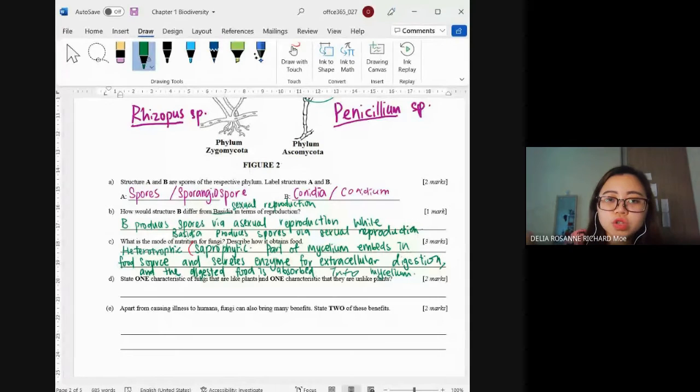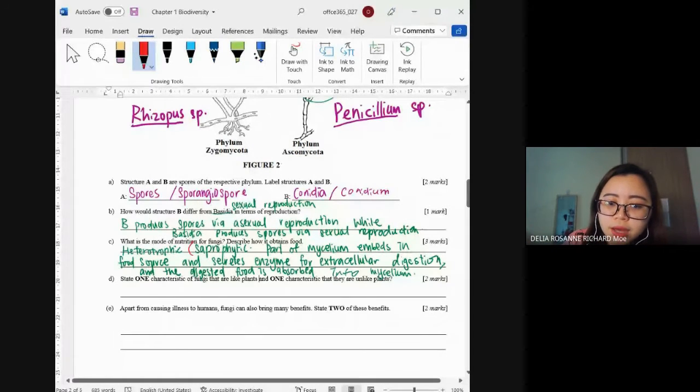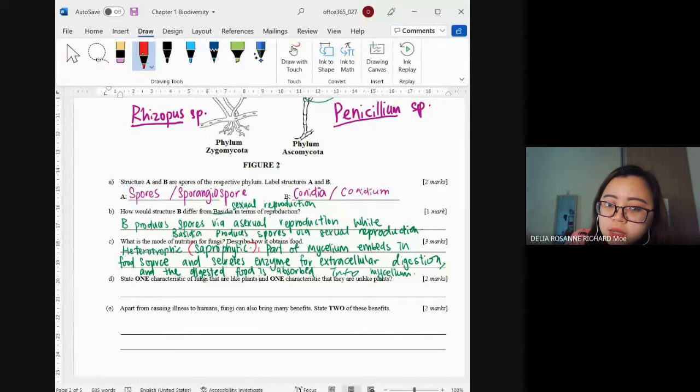So ini contoh jawapan saya yang paling skema. So berdasarkan jawapan saya ini saprophytic sudah ada 1 markah. Part of mycelium embeds in food source ataupun some of the mycelium enters cell of organism, macam-macam lah. Kamu boleh guna pelbagai ayat. 1 markah. Secrete enzyme for extracellular digestion,